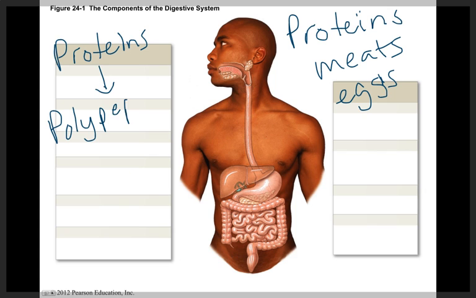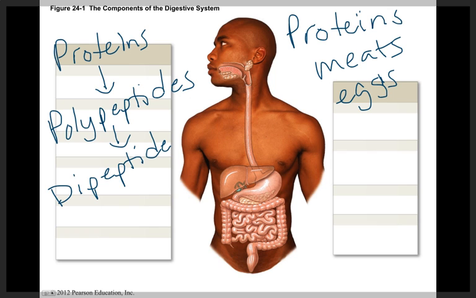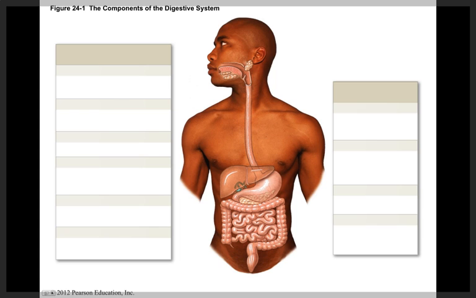So they're shorter chains of amino acids, and then into dipeptides, so shorter yet, and finally into the individual amino acids. And it's these amino acids that will get absorbed into the body. Okay, now that we know all of that, we're going to start out with carbohydrate